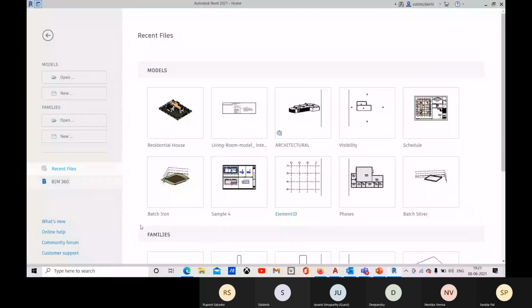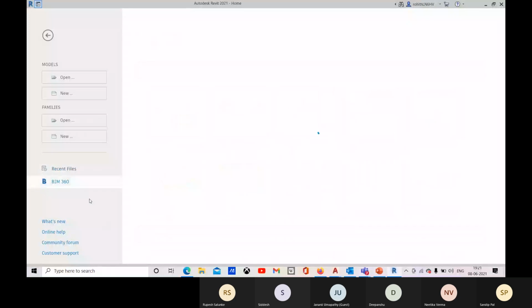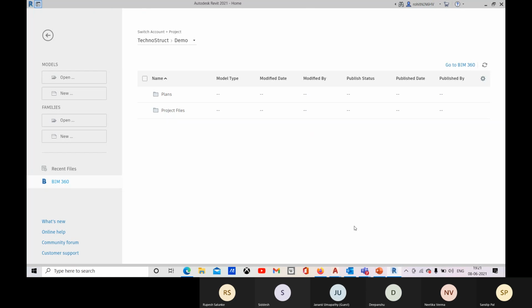And now I will go to this BIM 360. So you need to install one file, that is Autodesk Desktop Connector. Okay, you have to connect with BIM 360 also, and you have to install that desktop connector so that even offline you can get those files which are uploaded in BIM 360.